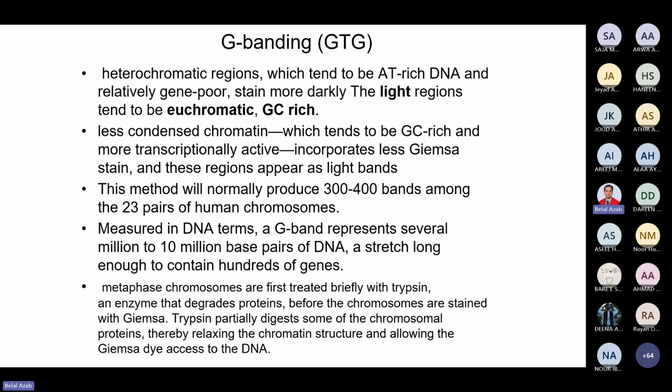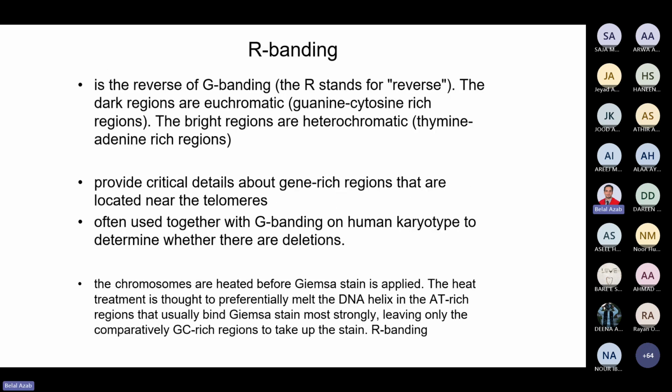Okay. The other banding pattern I would like you to be aware of is R banding. R is the reverse banding. From its name, reverse, it is the opposite of G banding. If in G banding the light bands are gene rich and the dark bands are gene poor, the R banding is the opposite, where the dark bands are gene rich and the light bands are gene poor. It uses Giemsa stain, the same stain, but the only difference is that during the preparation of the sample, you